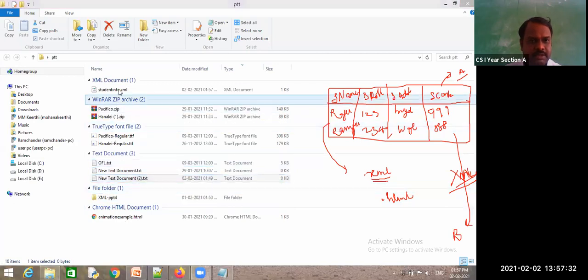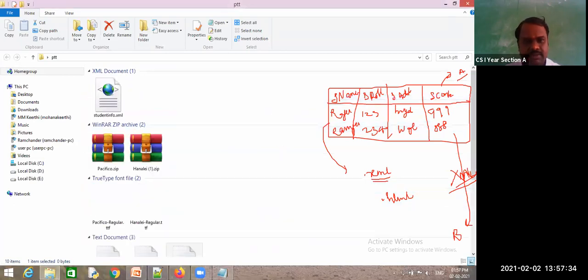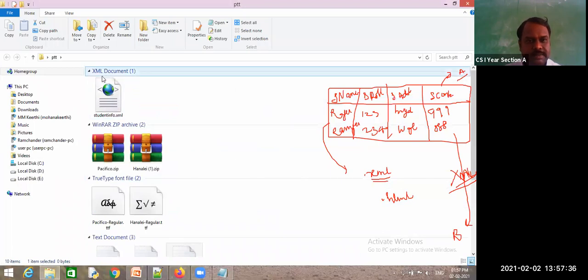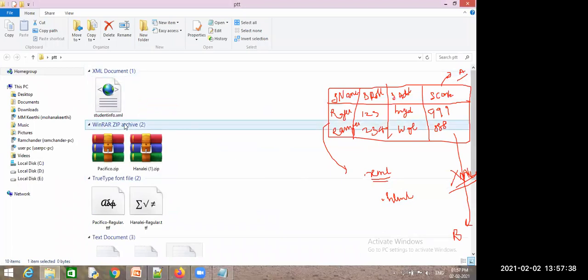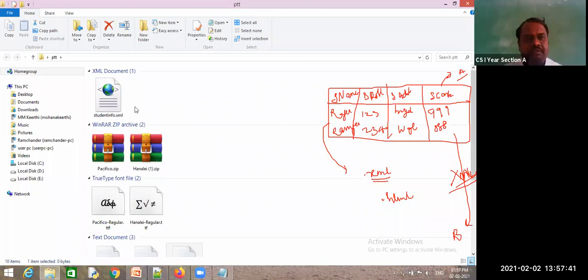Where is this? The first line. I will change it. So can you see this one? Yes, sir. Yes, this is an XML document. See, if I open this XML document, if it contains any error, it will report it to you. If it does not contain any error, the way you have written it, that same copy will be printed.